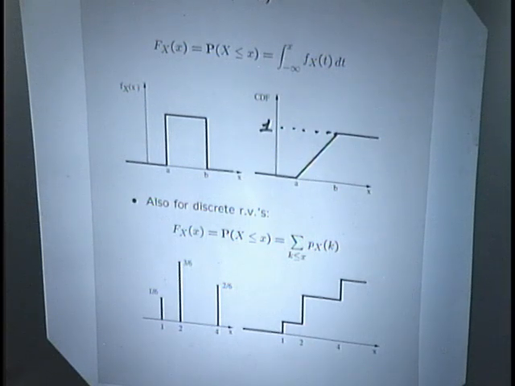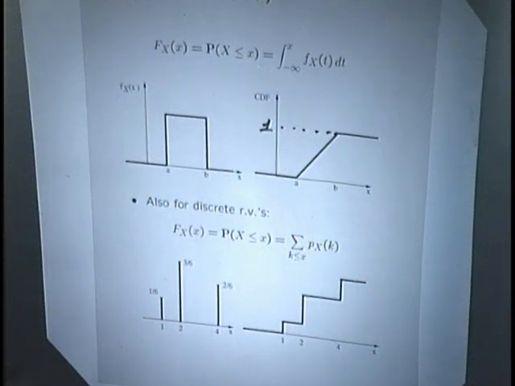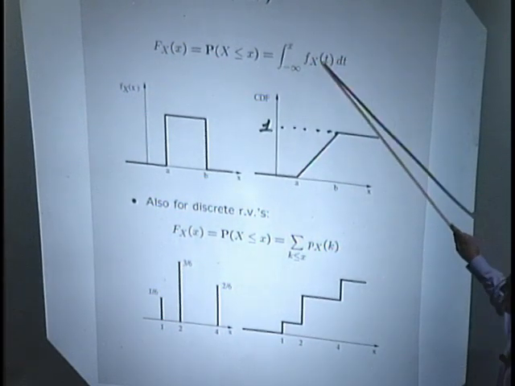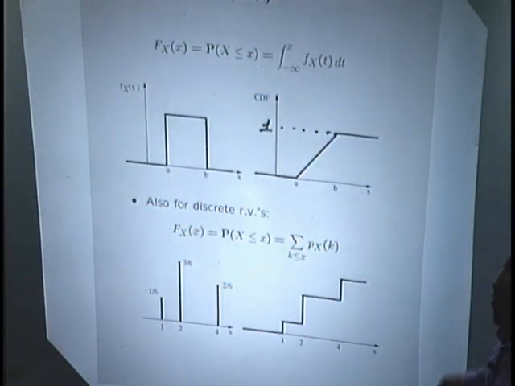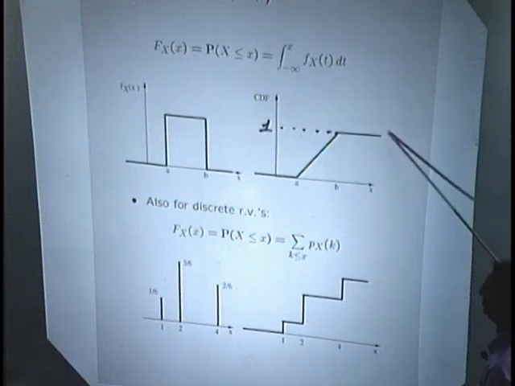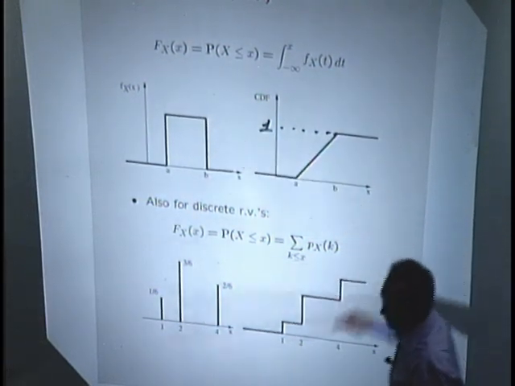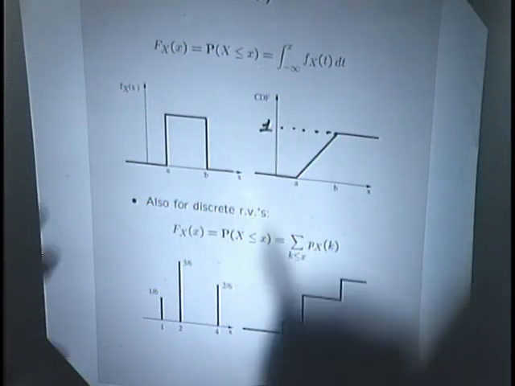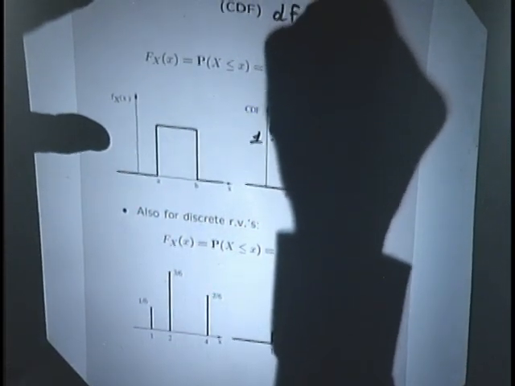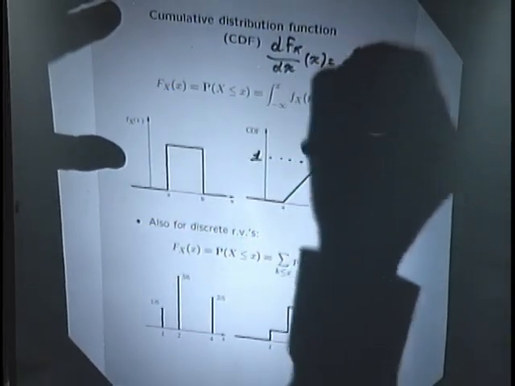How would you find the density if somebody gave you the CDF? The CDF is the integral of the density. Therefore, the density is the derivative of the CDF. So you look at this picture and take the derivative. Derivative is 0 here, and it's a constant up there, which corresponds to that constant. So more generally, an important thing to know is that the derivative of the CDF is equal to the density